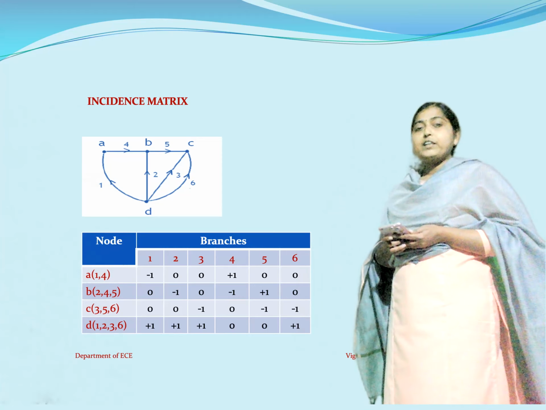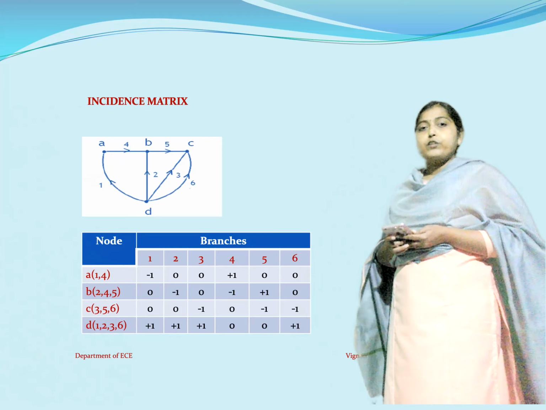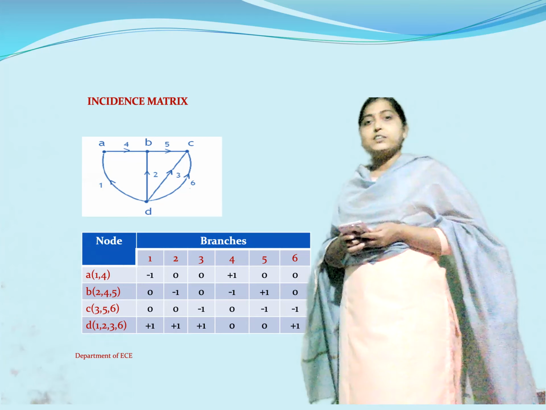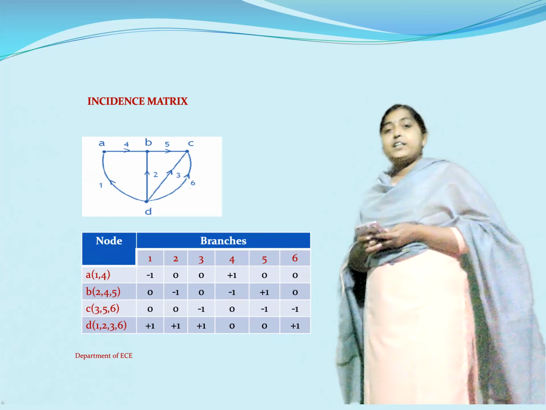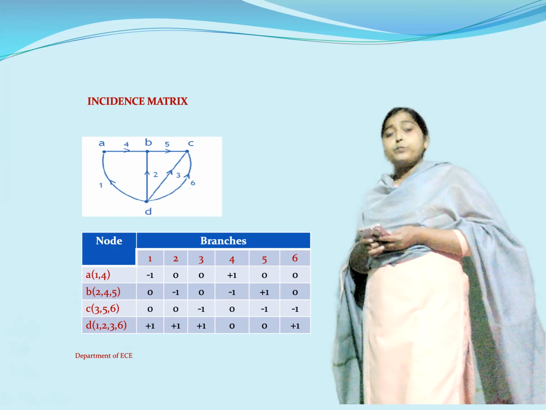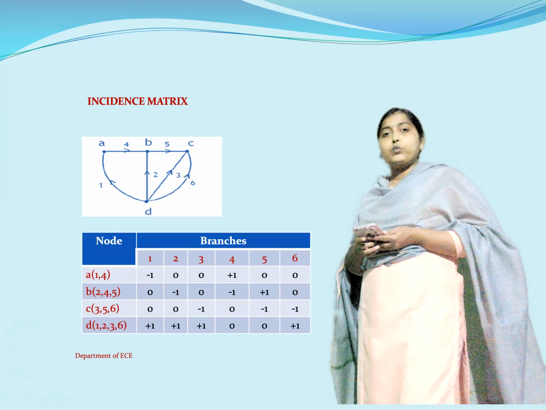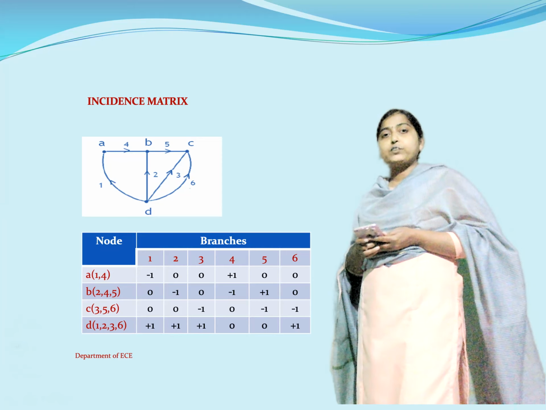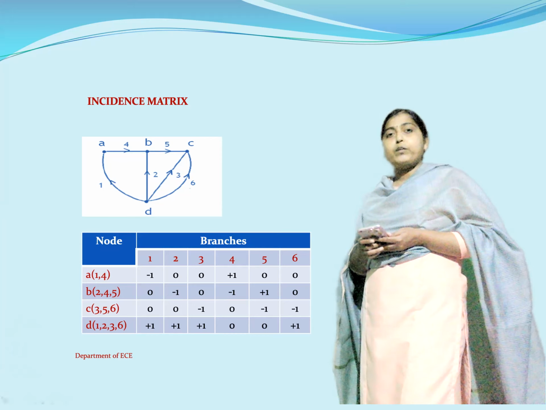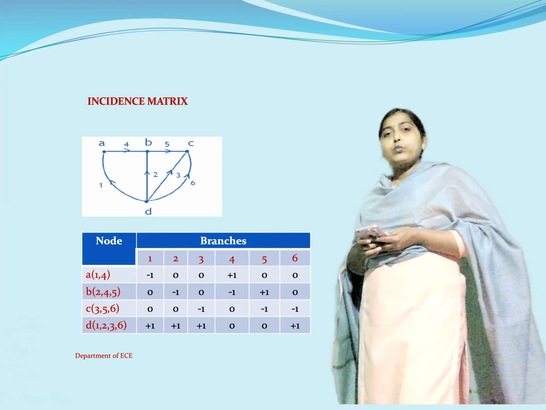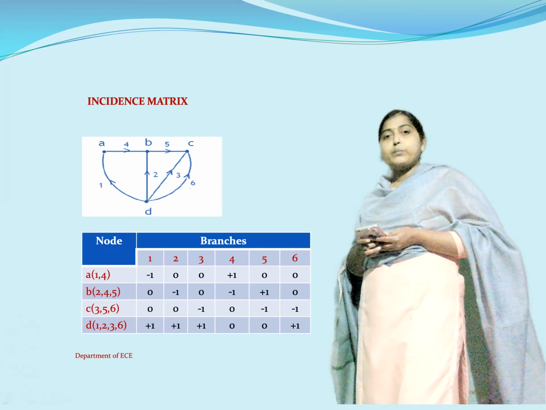Now along with the given network graph, here for node A in the bracket I have mentioned what are the branches which are associated with A. That means how many branches are connected with node A. So if you see here, the node A has 2 branches associated with it, and those numbers I have written in the bracket here, that is 1, 4. Similarly, coming to node B. So B is associated with 3 branches, so those numbers are being represented in the bracket.